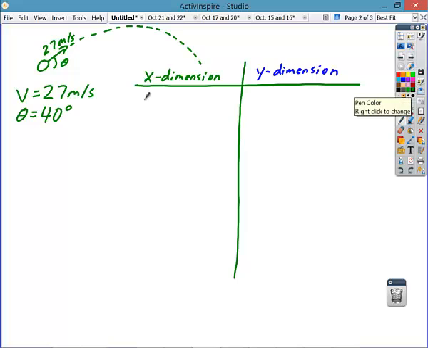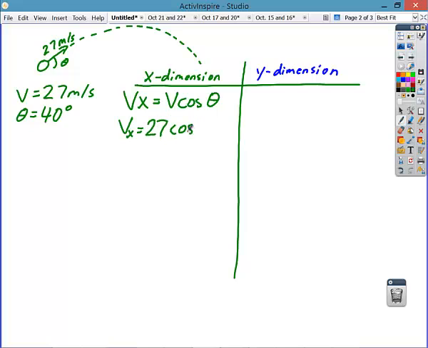In the x dimension, I know that the velocity in the x is going to be equal to v cosine of theta, right? And so velocity in the x will be equal to, what's v? 27, and then cosine of theta, which is 40. So I can get velocity in the x as,